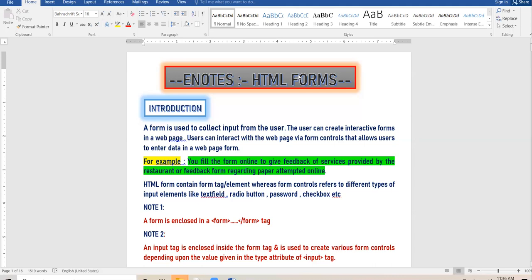I give one very live example to you. How many of you have appeared for a Google form test or paper sometimes? So many class tests come in Google form. Your science paper is also in Google form. You fill your name, class, section. You attempt all your answers. You attempt your MCQs.